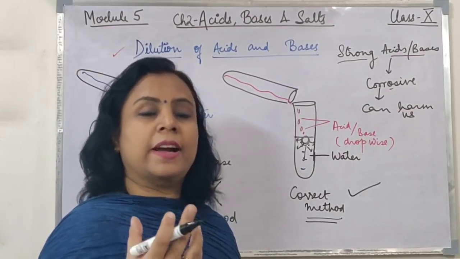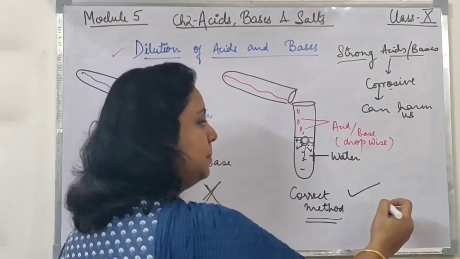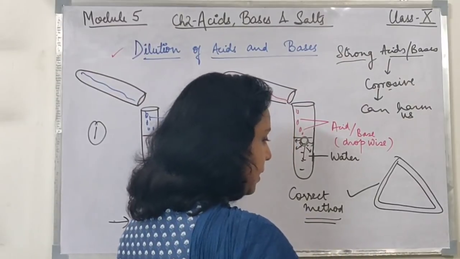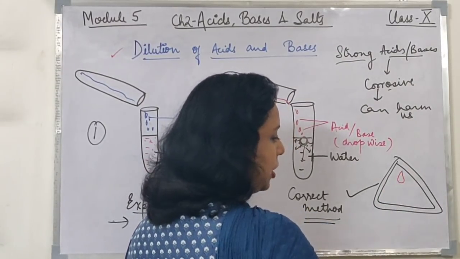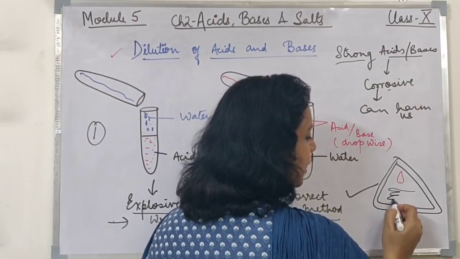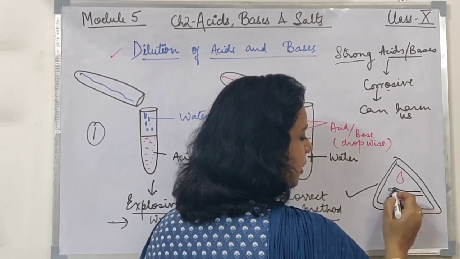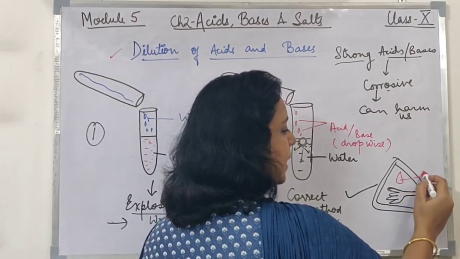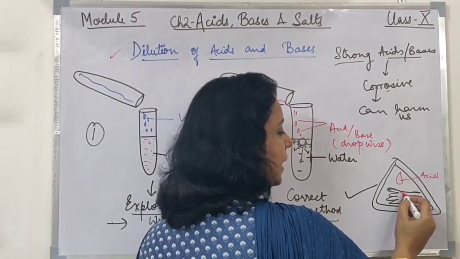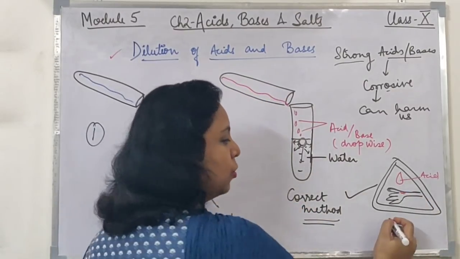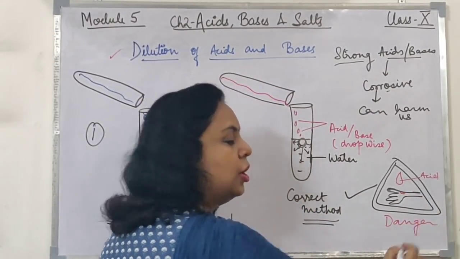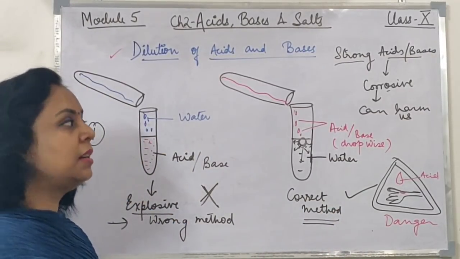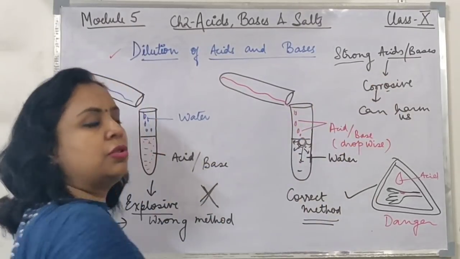Now you will find in the chemistry lab some such kind of symbols made at some places, in which they have shown something like this. There is a hand and a drop of acid, and the hand is getting burnt, and over here it is written danger or something. So all these are tips for you to know that we need to handle the strong solutions of acids and